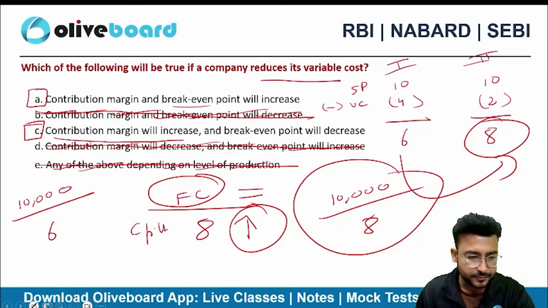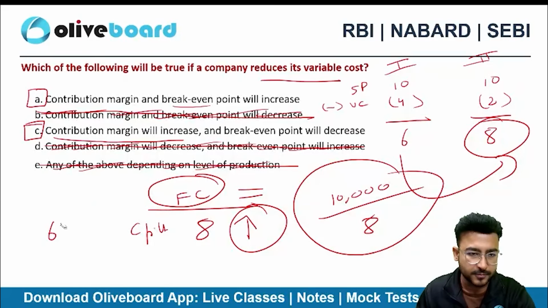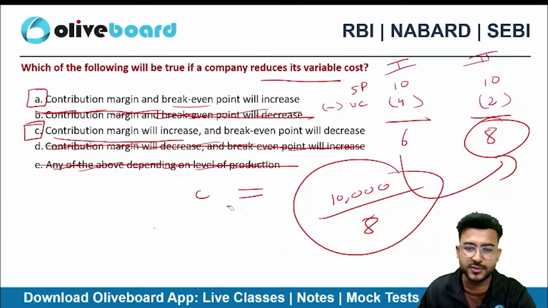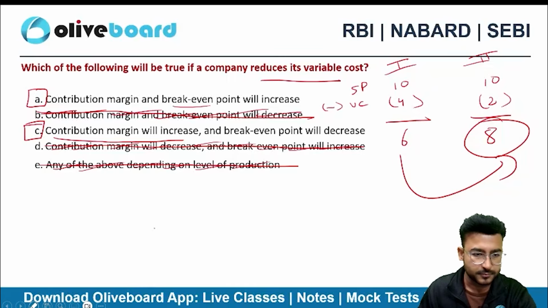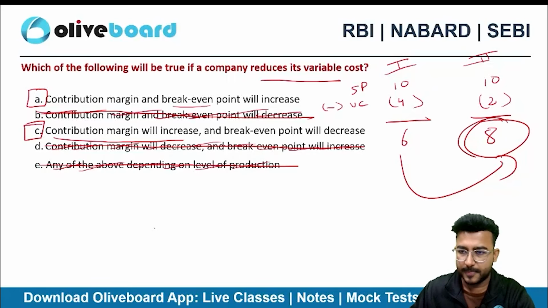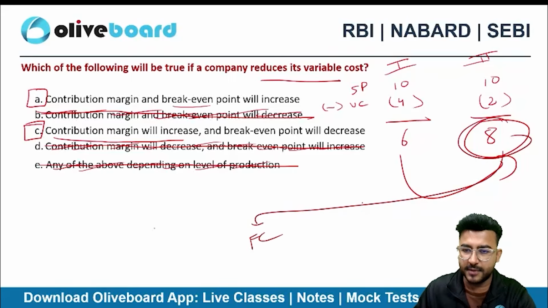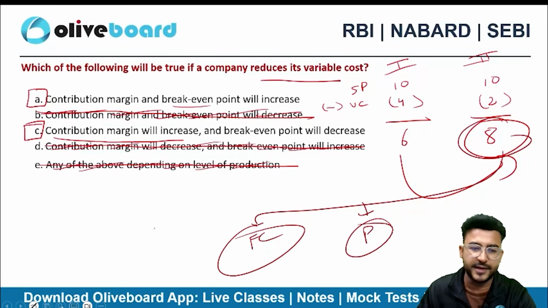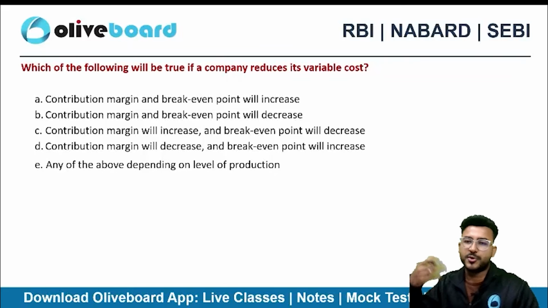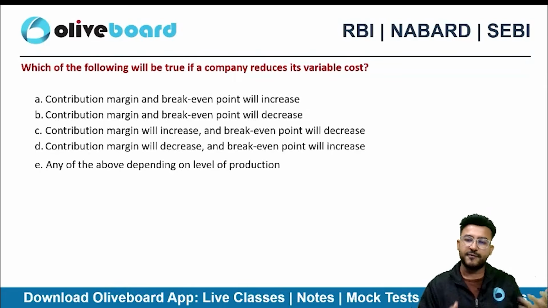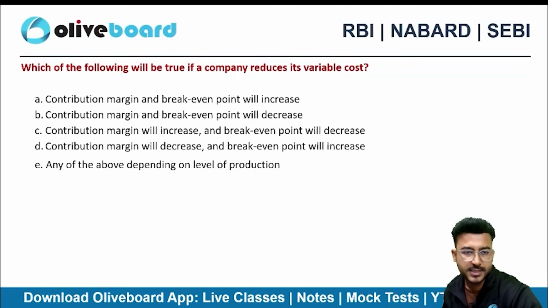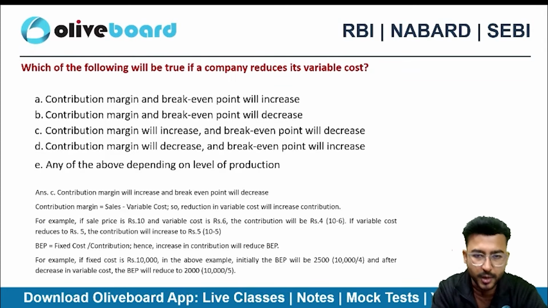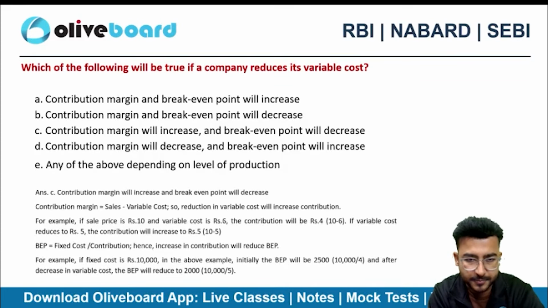कंट्रीब्यूशन क्या होता है? What is contribution? Total of fixed cost and profit, right? There is an element of fixed cost, there is an element of profit as well. So if my contribution is higher, I will recover fast from the losses that I am making, and I'll hit the BEP soon. So that's why option C here will be the correct choice. Okay,